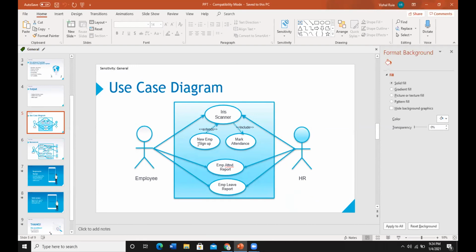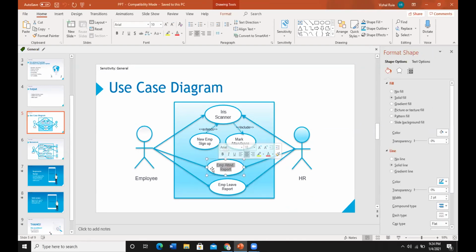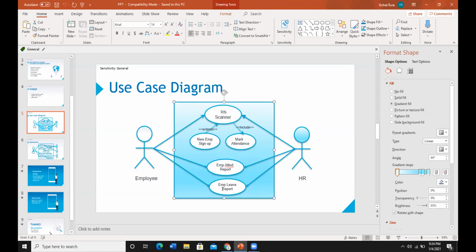But if it is a new employee, it would be an extend use case, new employee sign up. Then he has access to his own employee attendance report, with a condition that it should be his own report. And then he has access to his own leave report. Similarly, we have the HR who has access to the iris scanner and the attendance reports.